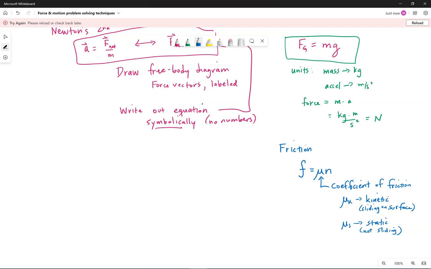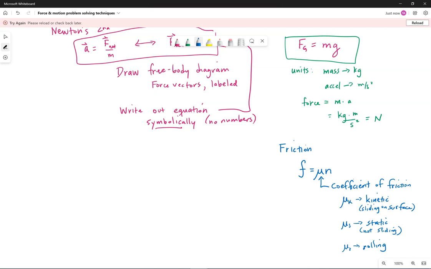It doesn't necessarily mean not moving at all. It just means not sliding. And then mu sub R is called rolling friction. So the tire is rolling on the ground,